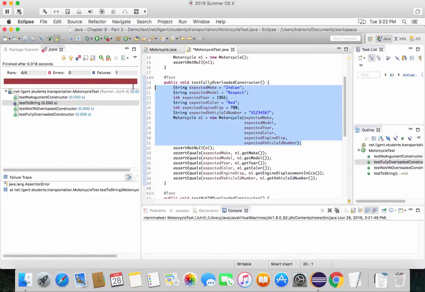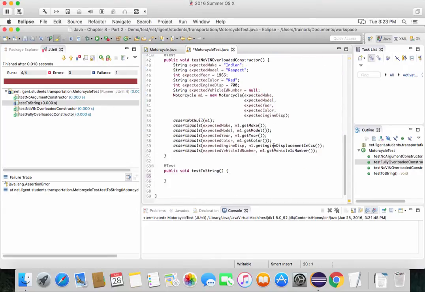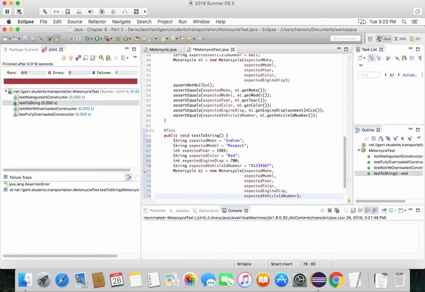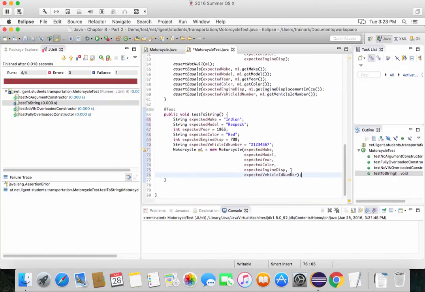Okay, so let's take that, copy it, because that's going to populate all my fields. I'm going to want to see all my fields populated in this test. Okay, and I'm going to need a string to compare this to. So right before I do this test, I'm going to say string expected equals,